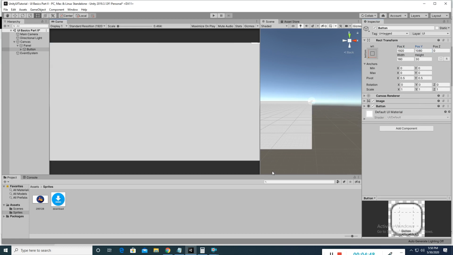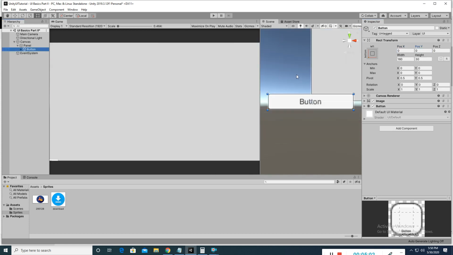X is horizontal, Y is vertical. So its position is 9020 with respect to this top left corner. What if I set 0 0? It will come here, you will see that. The starting point X is 0 here, Y is 0 here.